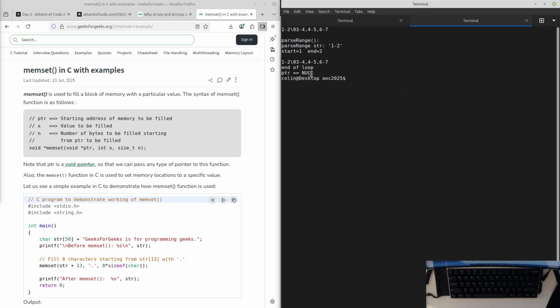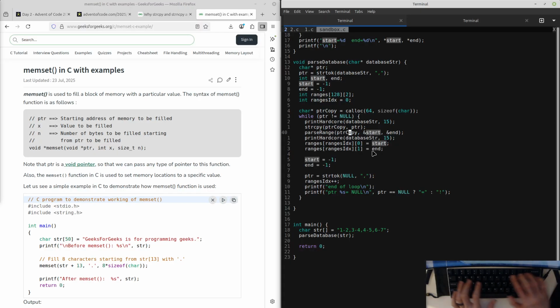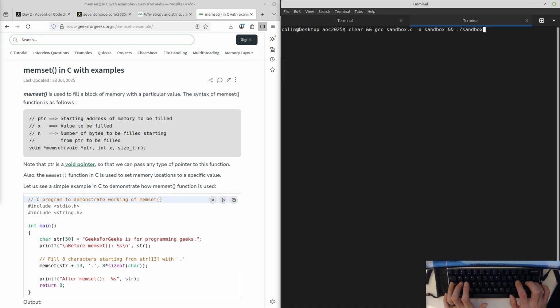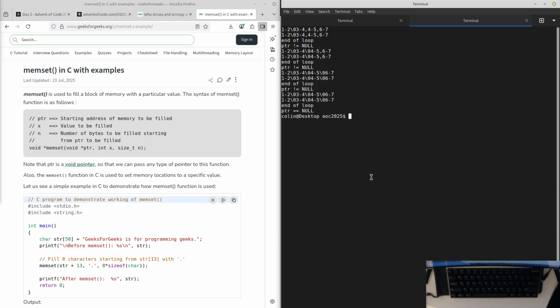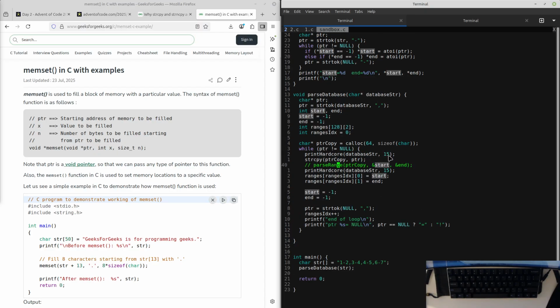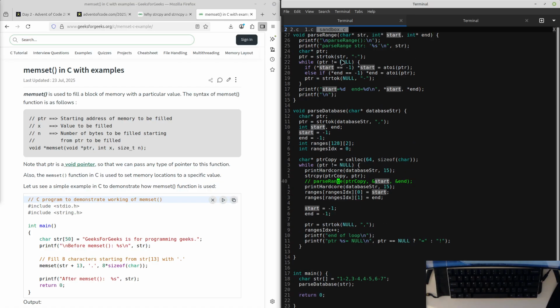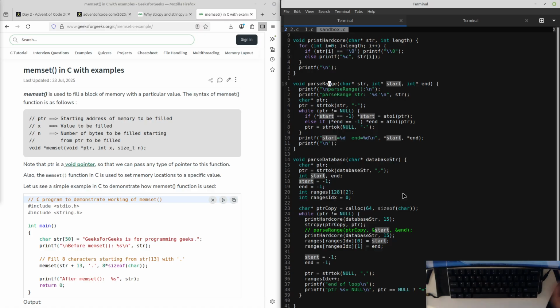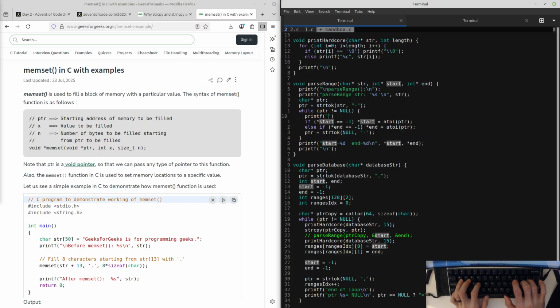So at the end of the loop, pointer is null. Yet if you comment this out, we'll get into the loop with pointer not null, probably 6 or 7 times. Or however many times, not 6 or 7, 4 times, yeah. Well, let's just verify and make sure that every time we do this in here, pointer's address